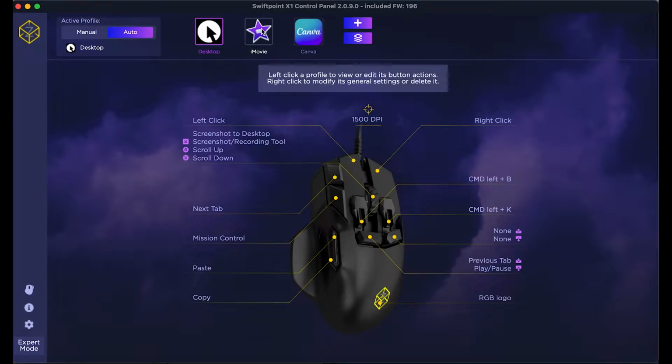Simply click on the icon that you wish to customize, and when it is selected, it will be highlighted and the text will become bold. So for example, I'm going to come over and click on the iMovie profile, and as you can see, the text is now highlighted and bolded, and there is a highlighted square around that app icon. And when you have selected the profile that you wish to customize, you will see that all of the button gestures and mappings will change on your screen just like this.